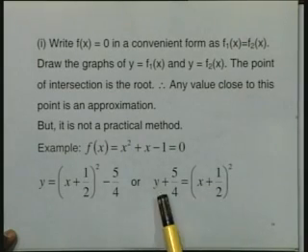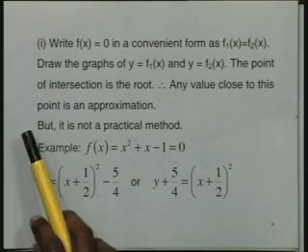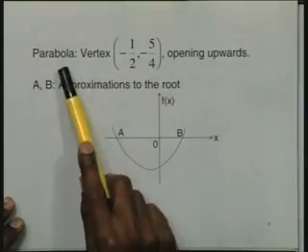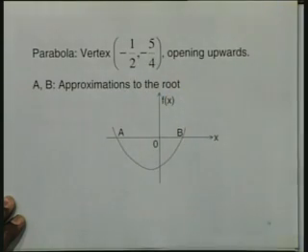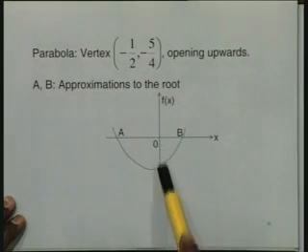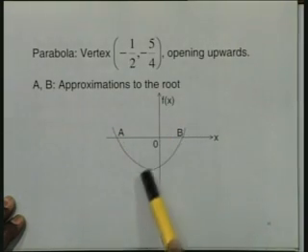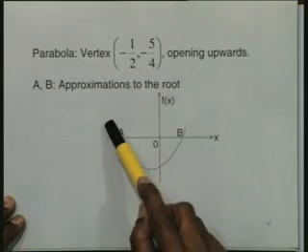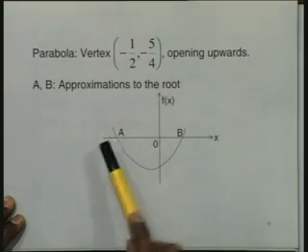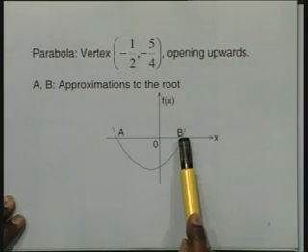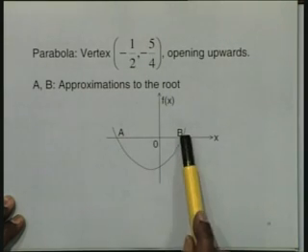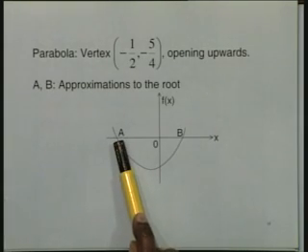From this I can recognize that this is a parabola with the axis vertical, opening upwards. So, we can say that this is a parabola with vertex at minus half, minus 5 by 4, and opening upwards. And now I take the x axis, y axis, and draw the graph of this parabola. I know this is the vertex, and I draw approximately, just taking 1 or 2 points, and then I have got the 2 points A and B. Depending on which root is required, the positive root or the negative root, I can take the approximation accordingly. I can take this value for the positive root and this value for the negative root.